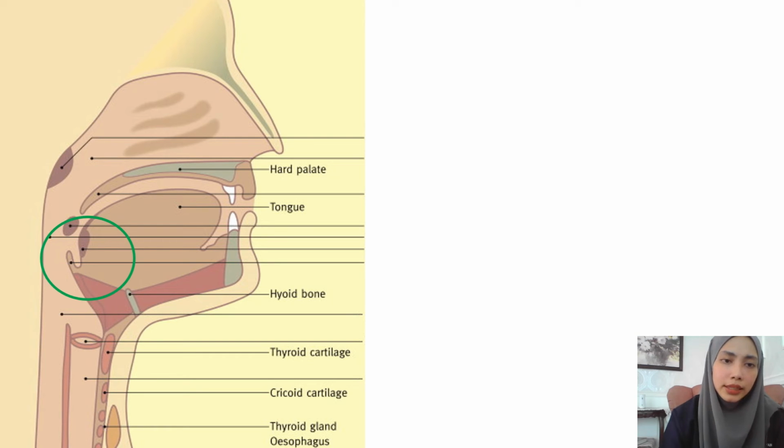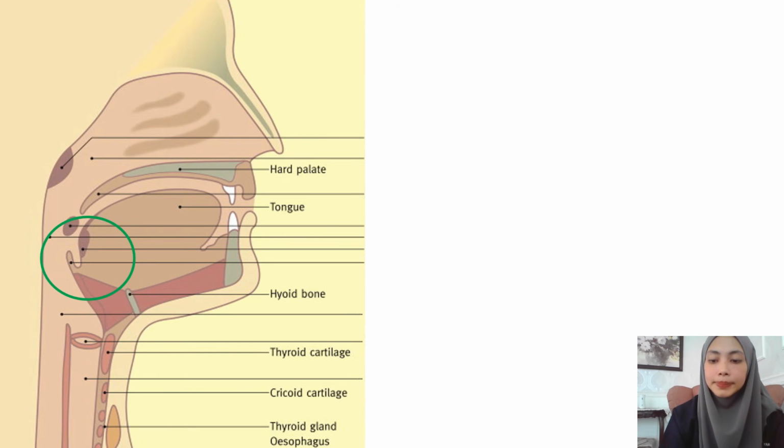Kenapa bukan ke atas ni? Sebab kalau apa-apa obstruction dekat atas ni, pesakit masih boleh nafas dengan mulut. Jadi kalau obstruction dekat atas, patient bernafas ikut mulut, jadi selalunya tak ada masalah lah. Tapi kalau obstruction dekat bahagian ni, so dia dah menyebabkan the lower airway tak dapat, oksigen tak boleh nak masuk